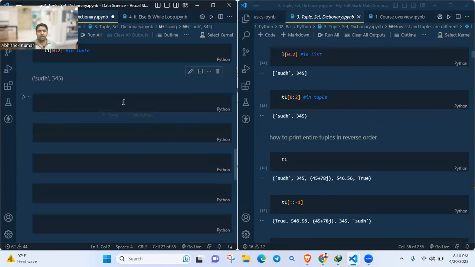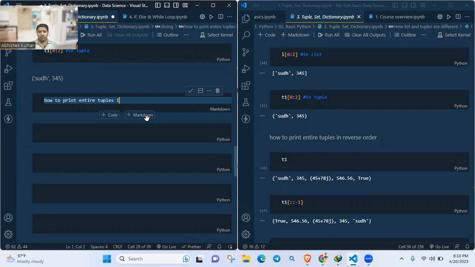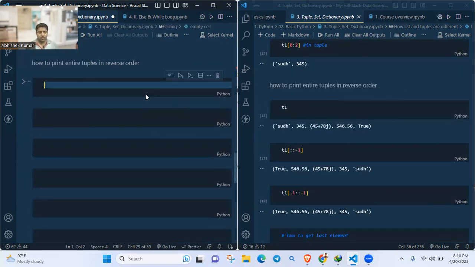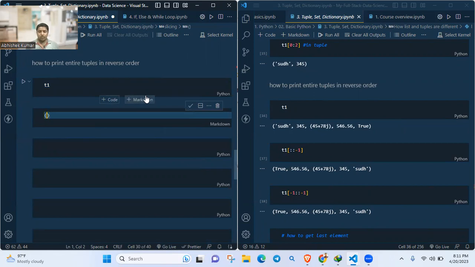So in the next line it is given how to print entire tuples in reverse order. So how can we do that? Using T1. If we type T1, what do we get? We get this as output: tuple bracket, single quote SUDH, comma, 345, comma, tuple bracket 45 plus 78J complex number,